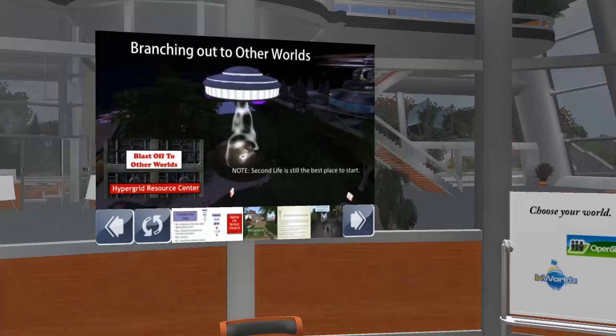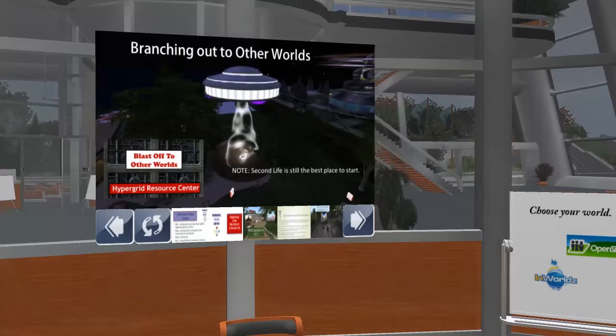They're right by the main library. If you haven't noticed our spaceship, the Hypergrid Resource Center, our spaceship is going to have resources that help you find these different worlds that we're talking about. In-worlds, OpenSim, potentially Avacon, and other spaces where librarians and libraries may be sharing their content.